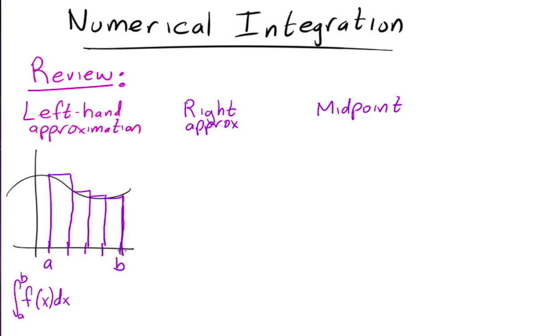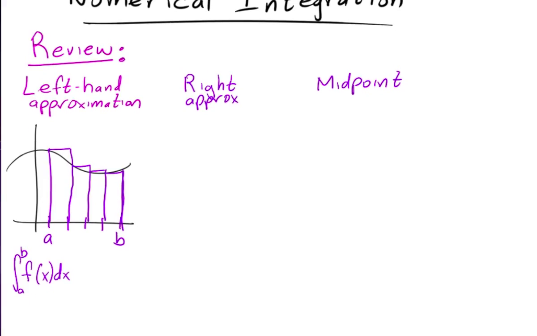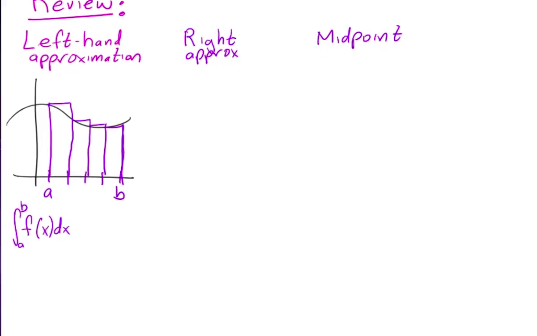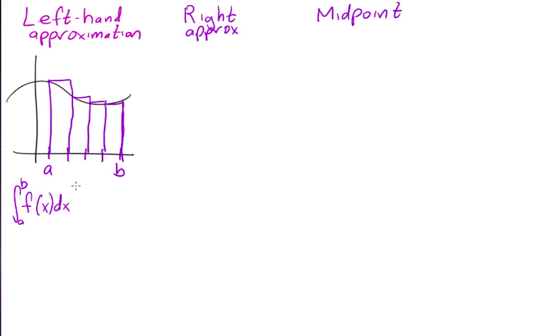Let me move this down, I need a little bit more room. Okay, then we say that this integral is approximately equal to the sum from 0 to n minus 1 of